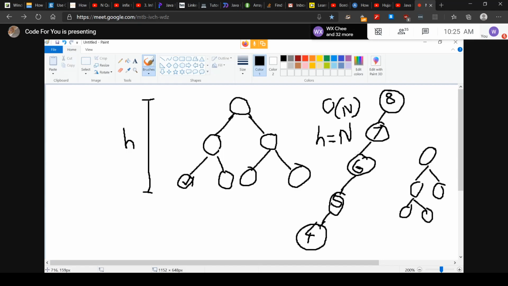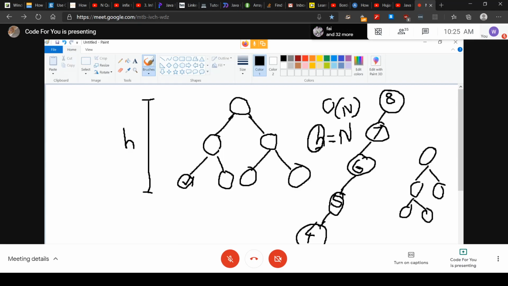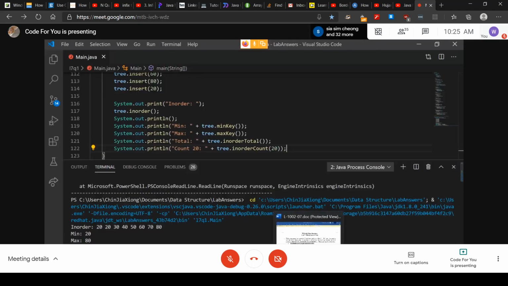So the speed of your search as well as the insertion very much depends on the sequence of inserting into your tree. Okay, so that's in terms of the search and insertion for binary search tree. So for the rest,